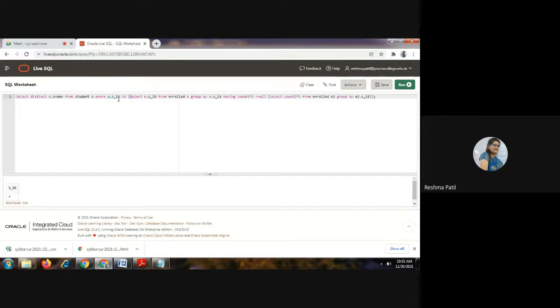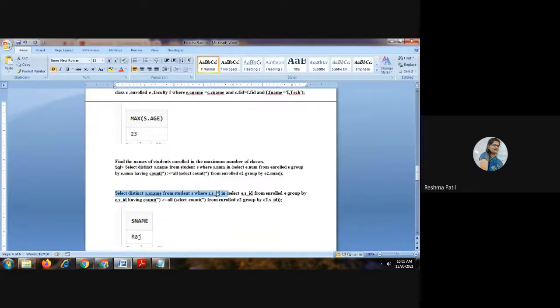So 4 means area is there. That is the output. What is wrong? What is remaining?